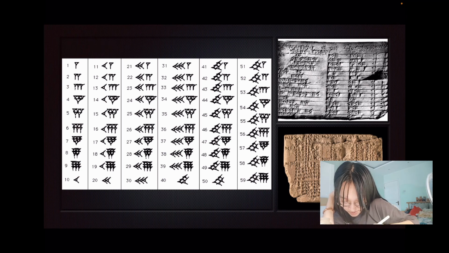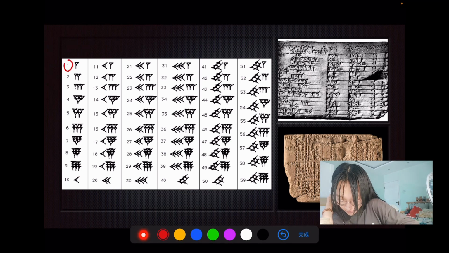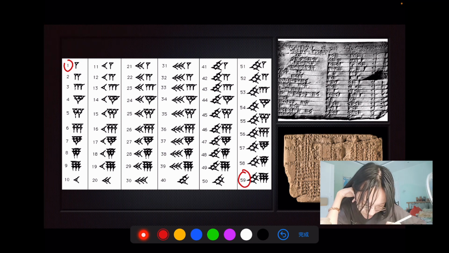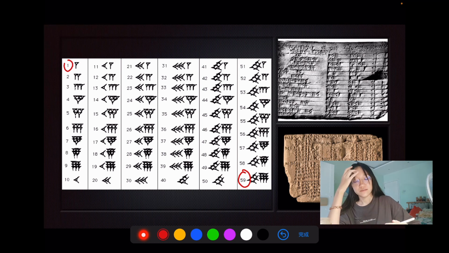So we can see that inside one digit, amazingly, the Babylonians can count up from 1 to 59 and then add another digit to denote the new digit for 60. So this is amazing. It is a bit confusing why Babylonians used a base of 60 to count numbers, and I think that might probably be because